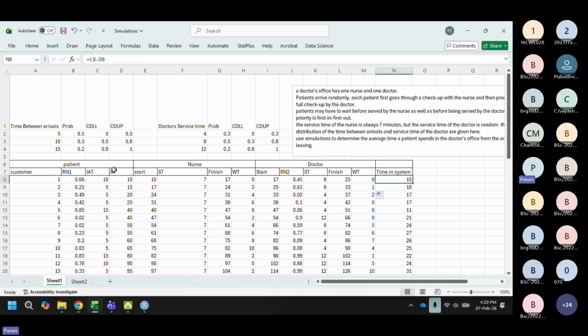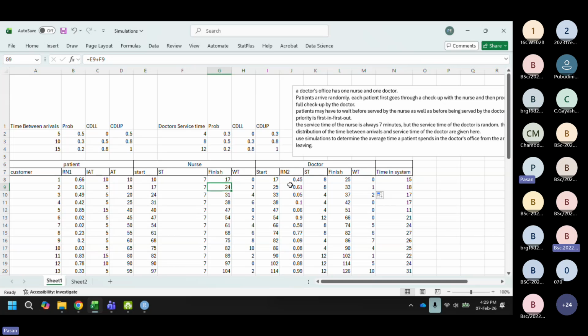Okay. And then the second one will finish at the nurse at time point 24, but the first one will finish at time point 25. Therefore, you have to wait 1 minute,